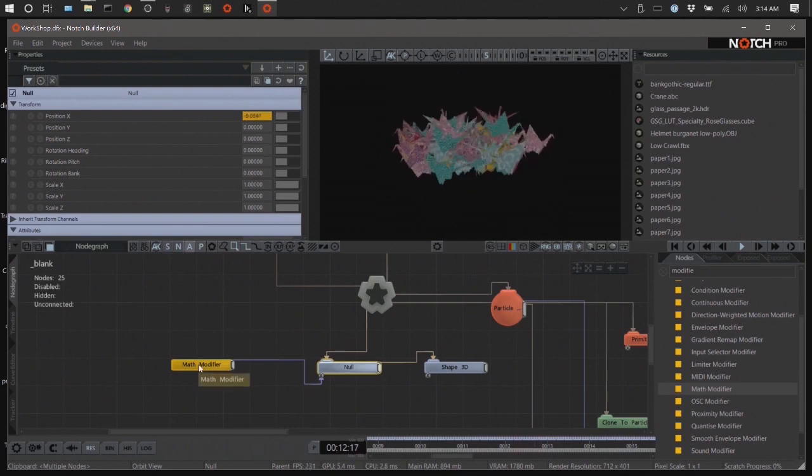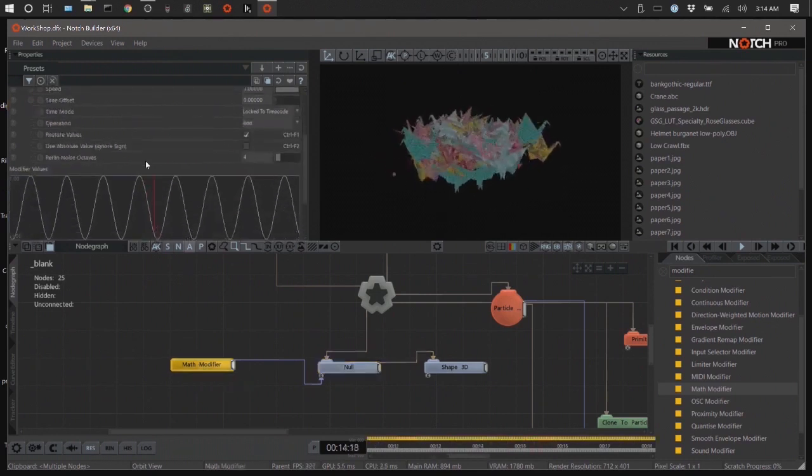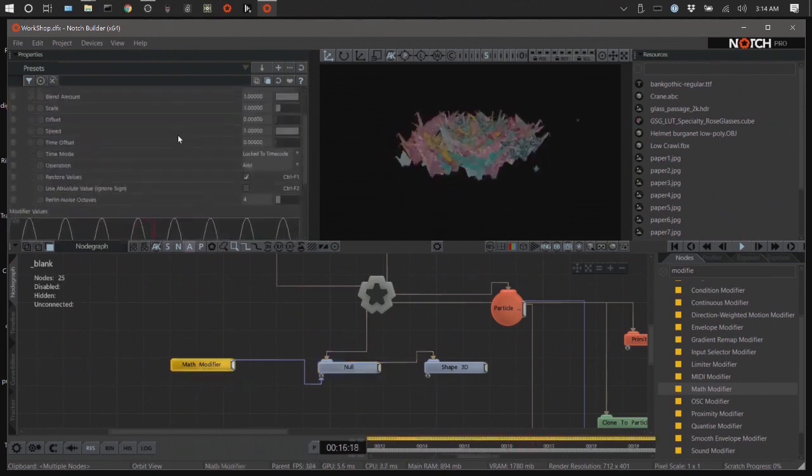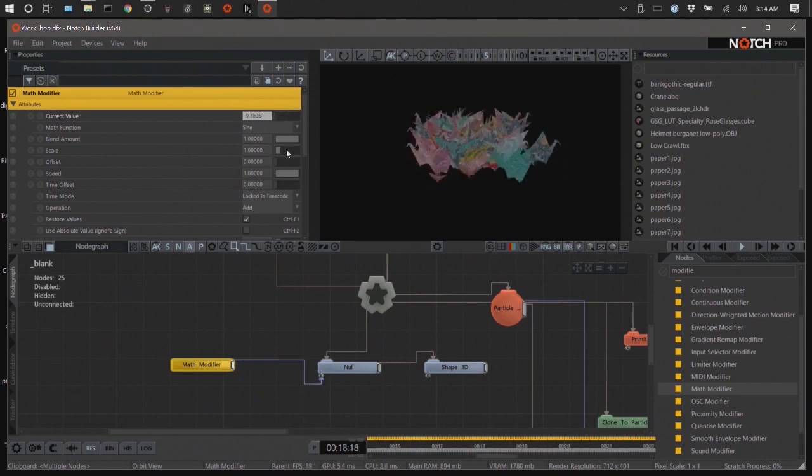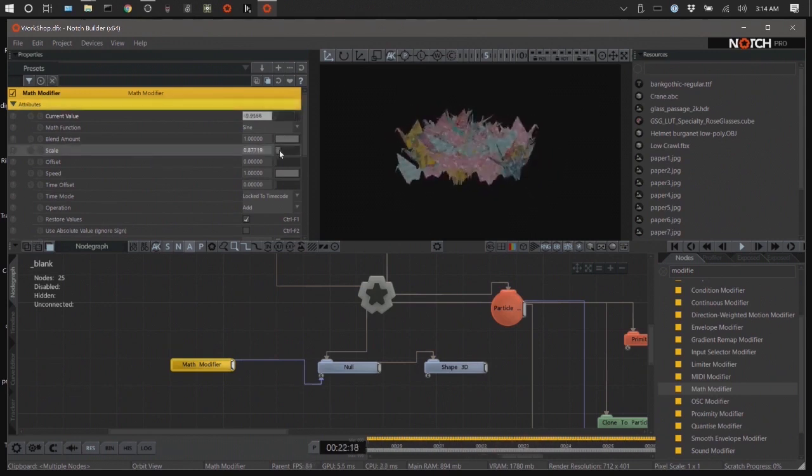If we change the math modifier to have greater amplitude. まだちょっと動きが弱いので、マスモディファイヤーのスケールを5にします。